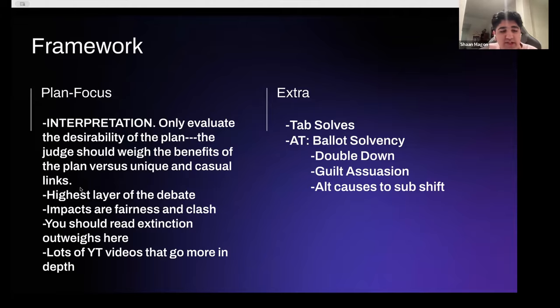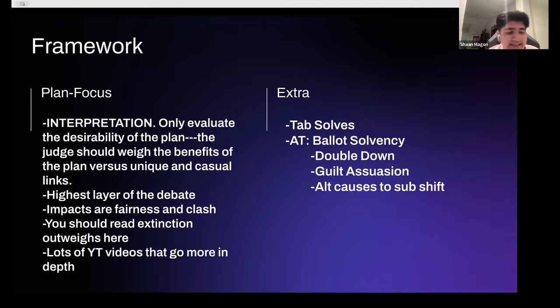In that case, only you have an extinction impact, so you would automatically win. The impacts of this are fairness and clash. I'll quickly explain why each of these is true. The first is just they can pick any minor representation, which infinitely expands their topic literature into a billion different things. Additionally, they can research the same argument over and over again and practice it for 4 years, but you have to change your topic every 2 months.